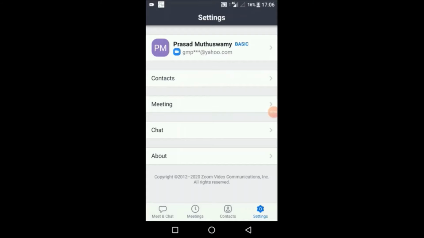So first option, let's see how to create a profile picture for your Zoom meetings. This is very important when you attend a large group of meetings. There are people who don't wish to be on the video call. In that case, when you are part of some meetings, you just see the names listed there instead of showing anything. When the host has scheduled a meeting with a large number of participants, it will be good for the host to see at least your picture there instead of names.